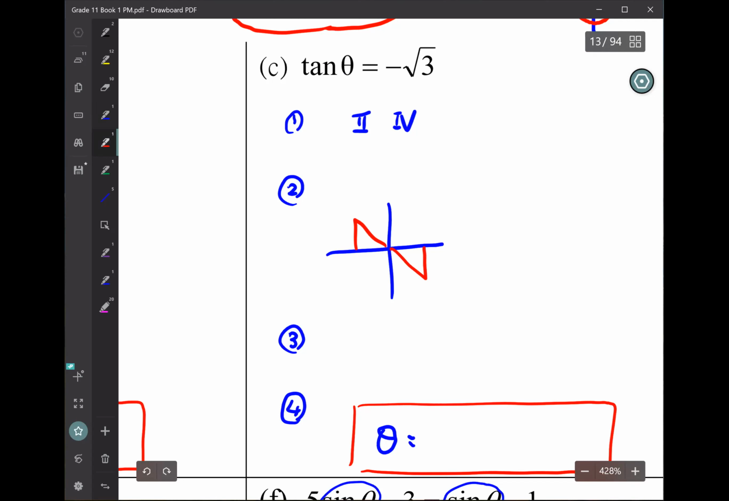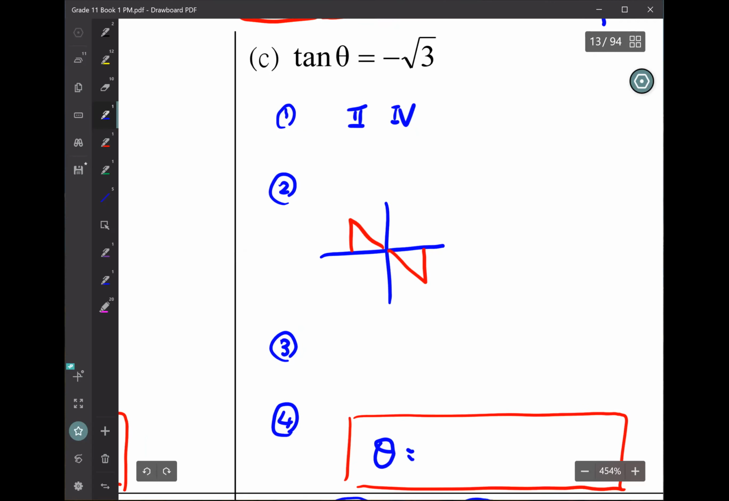Okay, Angela, step 2. Where do we put the sides? What number do we put on the sides? Root 3 on the opposite, and then 1 for the adjacent, and then 2 for the hypotenuse. Yeah, very good. Thank you. Okay, step 3. Jenny,